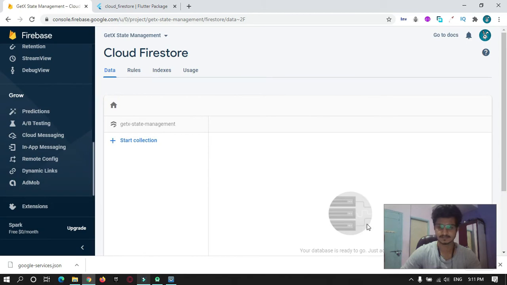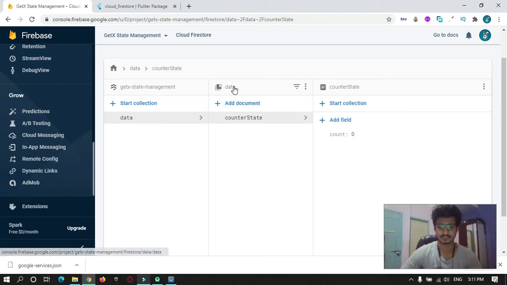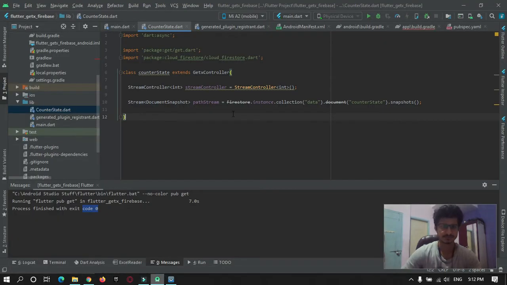Then just save it. As you can see, under data there is another document that is counter state, and under this there are fields.